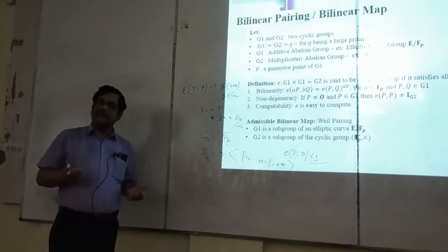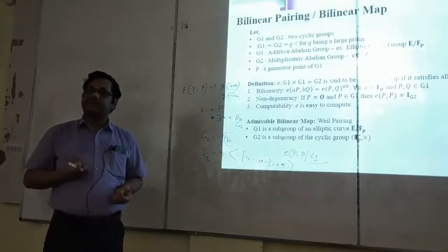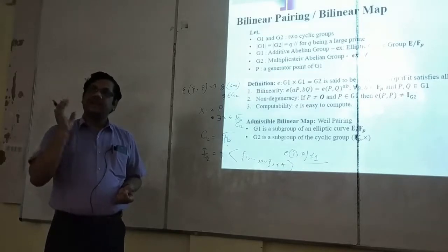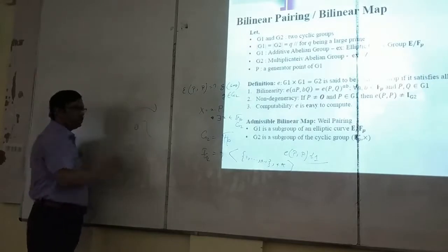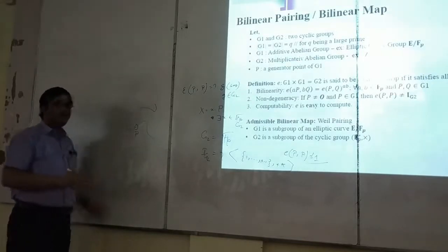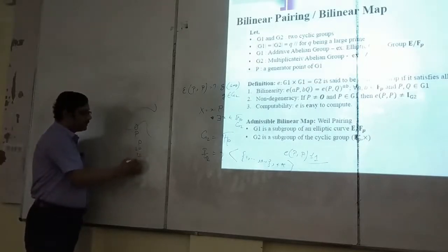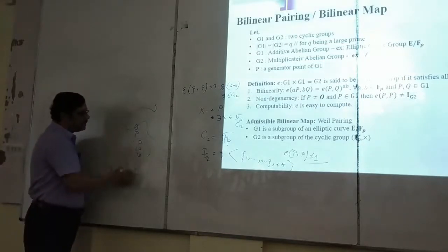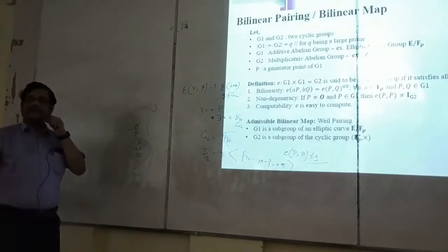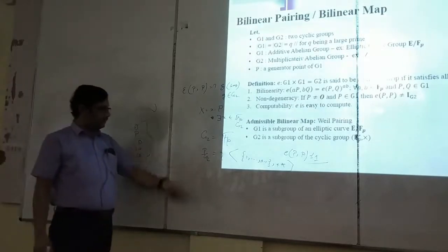Simply what we do is, instead of choosing a subset of elements from the elliptic curve group, we choose any arbitrary point of the elliptic curve group. Let's say that is P, and then you generate the subgroup from P: P, 2P, 3P, in this way, until it repeats some element in that group. That means generate the cyclic subgroup generated from P and check whether the size of the subgroup is a large prime number or not. In that way we generate. Anyway, so P is the generator.